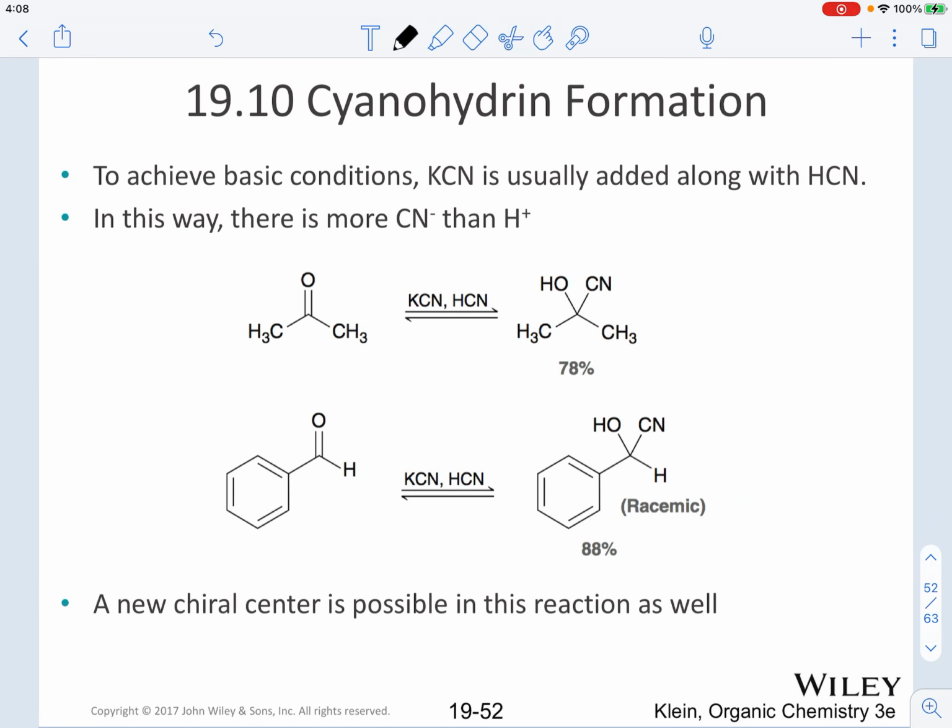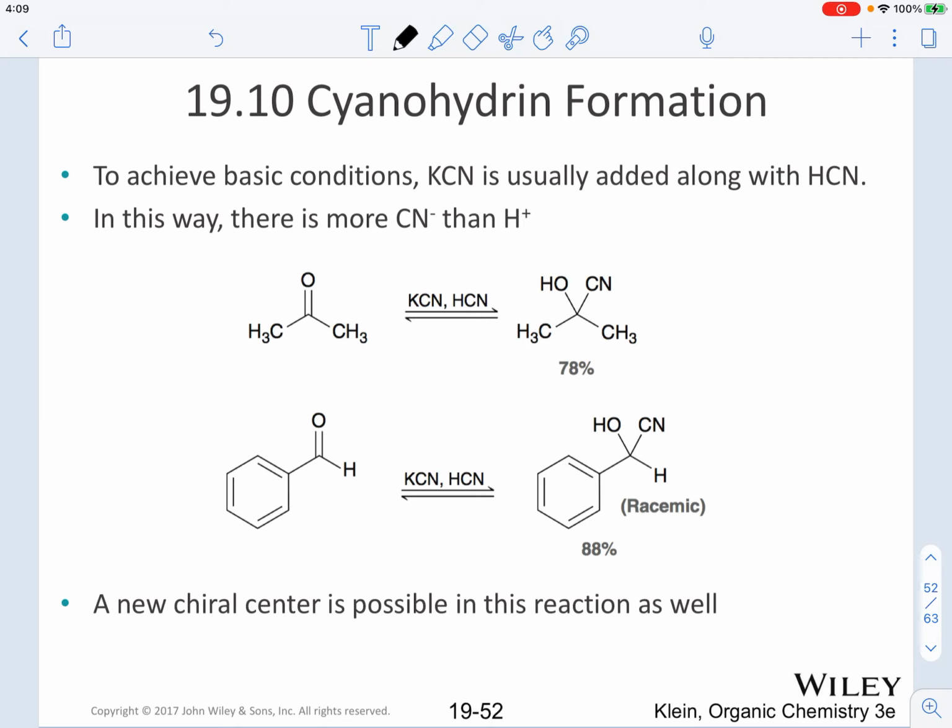So, to achieve basic conditions for the cyanohydrin formation, understand that we are going to have potassium cyanide usually added along with HCN in order to accomplish the reaction. In this way, there is going to be more cyanide ion present in the reaction than protons because of the